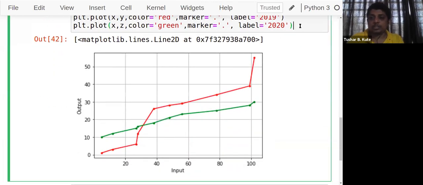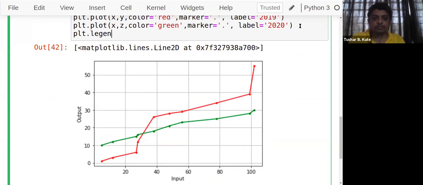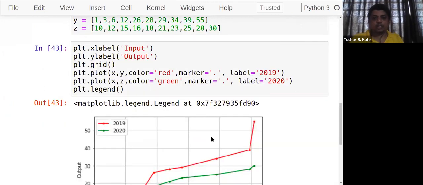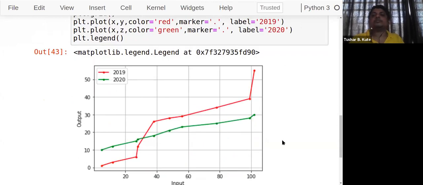See, still not visible. So there's a function called legend that you have to apply. Legend, and you can see the legend. Here you are specifying the legend explicitly, but in the Seaborn package, when data frame based visualization is there, we don't need to add that explicitly. Automatically the legend will come. Here I'm adding it, and the location is also automatically adjusted. If these lines are flowing here, automatically the location will go elsewhere, wherever the empty space is, there the legend is visible. So this red line means 2019 progress, and 2020 progress is this.